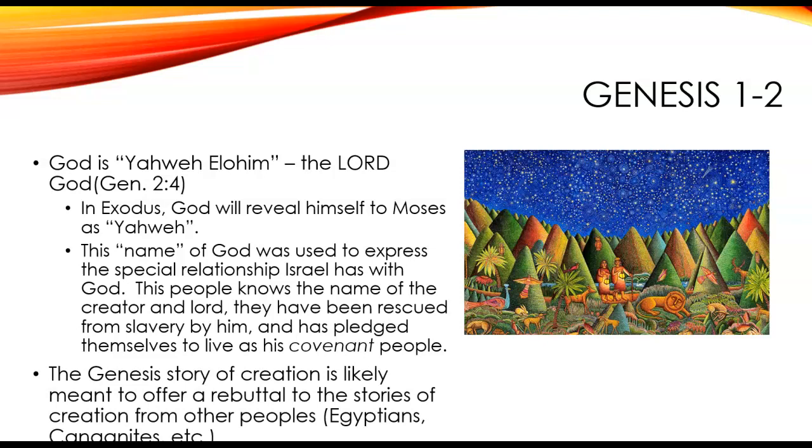So the Genesis story of creation is likely meant to offer a rebuttal to the stories of creation that are known from other people. So in particular, there are stories that are known by the Egyptians or the Babylonians or the Canaanites. And so the Genesis story is acting in a kind of apologetic or argumentative way with those other stories, correcting, as it were, what the Israelites might believe about the Creator God or about the